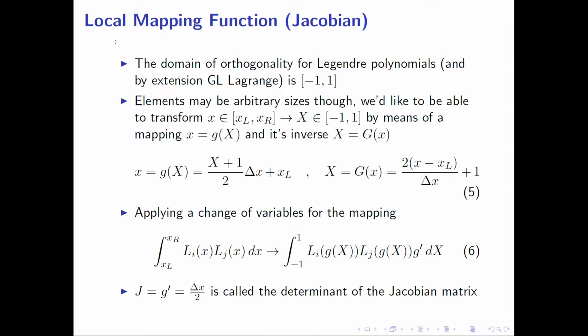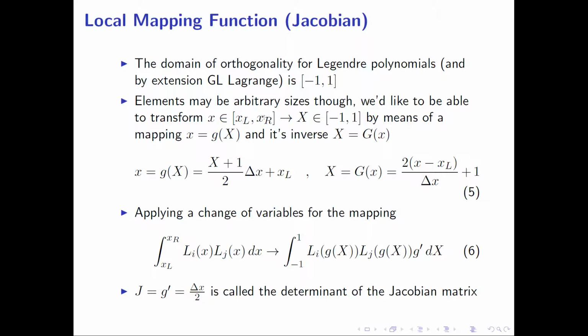We have one last side issue that we need to cover before we can fully treat the integrands for the mass matrix and stiffness matrix. The domain of orthogonality for the Legendre polynomials, and therefore by extension our orthogonal Gauss-Legendre Lagrange bases, is from -1 to 1. However, our elements could be arbitrary sizes, so we'd like to ideally transform a particular element with bounds